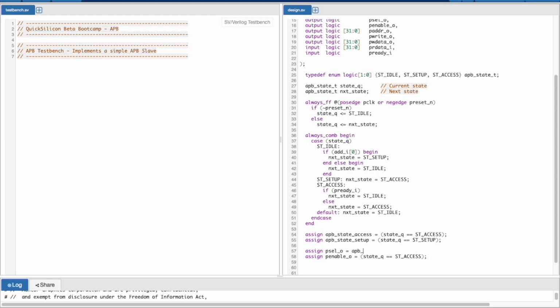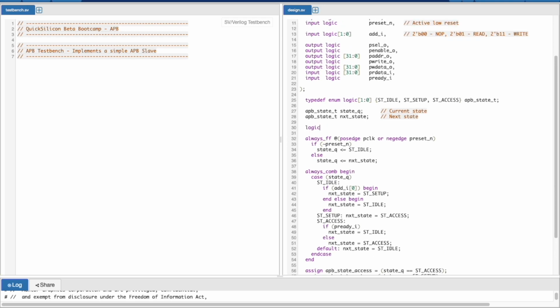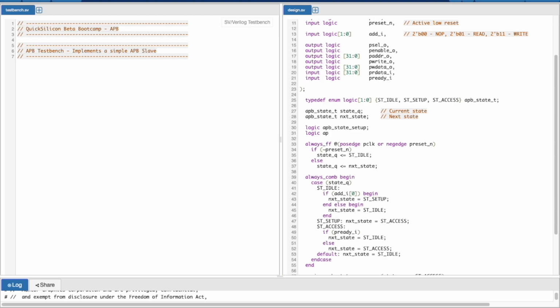So we can simply do APP state setup OR with APP state access. And let's define the signal as well. Logic APP state setup, APP state access.